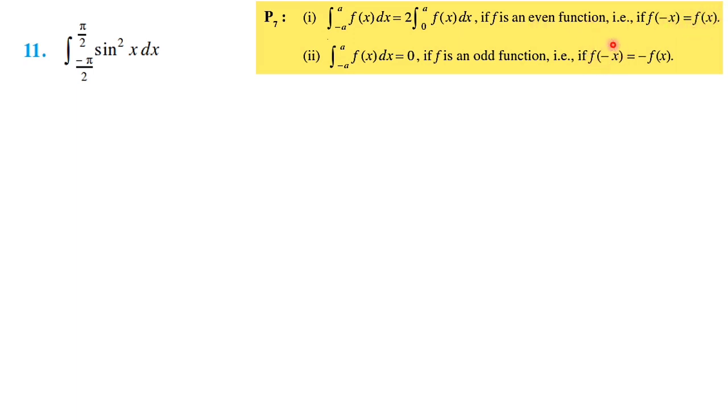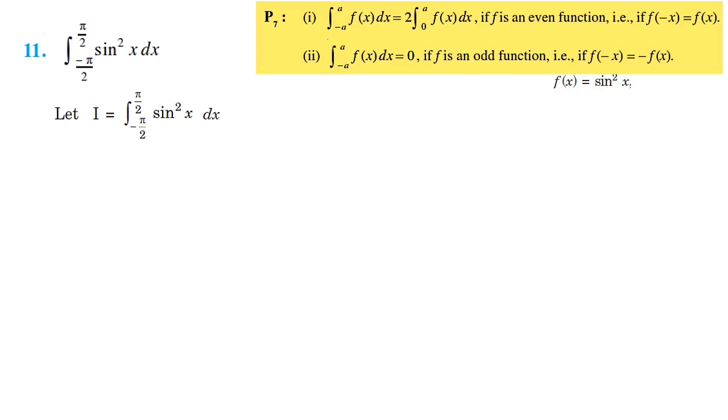If f of minus x is equal to minus f of x, then it is an odd function. Somewhat different way we are going to do this question. There are some verifications there, like even or odd, so we must note these things. So first of all, let's take it as I and take the function f of x is equal to sine